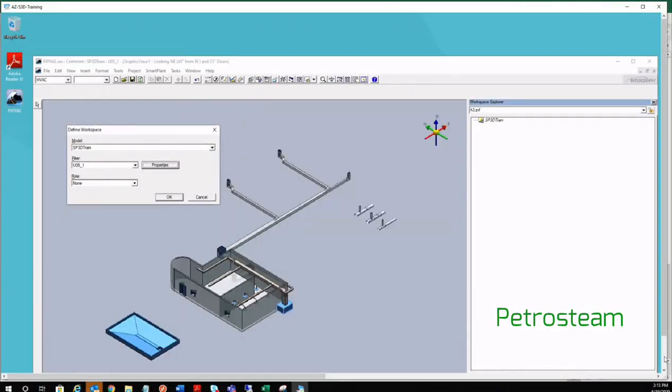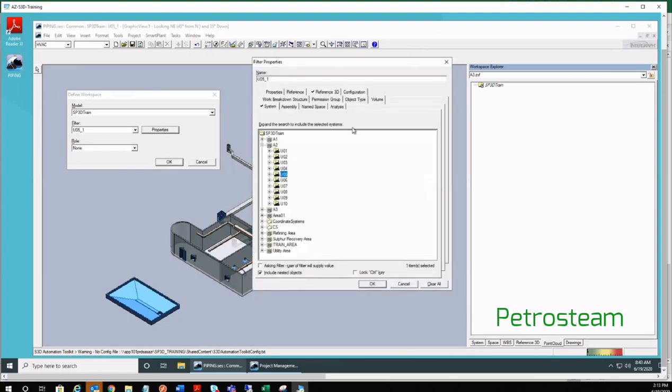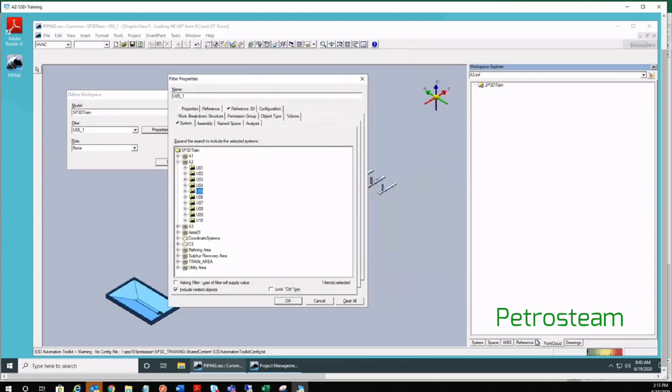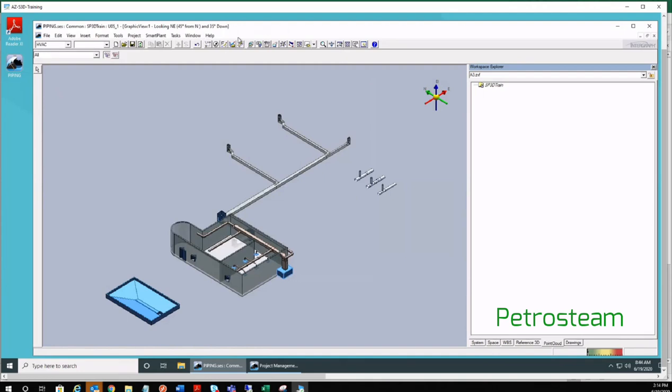in the first half about what is this point cloud. So the point cloud here will not be available in this tab. If you have to use point cloud, at that time it should have a separate point cloud license also on the same PC where you want to use it. Then once it is integrated with Smart Plant, one separate new tab will be available for point cloud here, and using that you are going to add the point cloud reference in your Smart Plant.